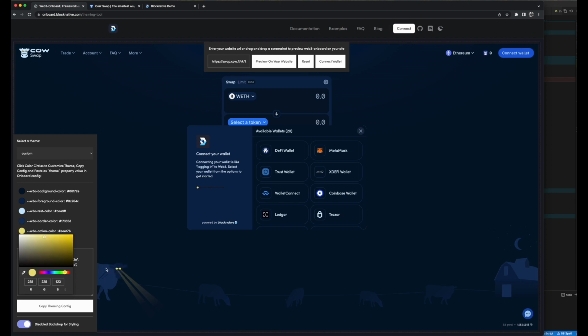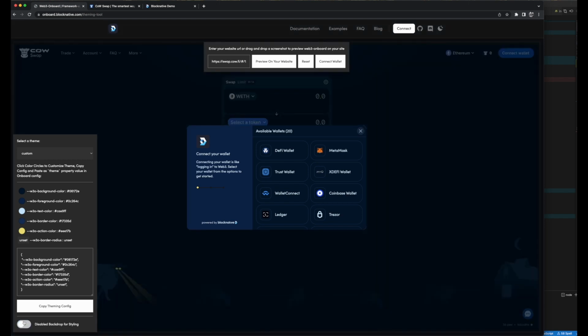All right, we can set the border radius, although it looks like it's already lined up with the CowSwap border radius. It defaults to 24 pixels, but in this case, I don't think we need to change anything. All right, let's turn the backdrop back on, and this is what the theme would look like integrated into CowSwap. Looks pretty good. From here, we can copy the theming config, which is a copy of the object shown above,